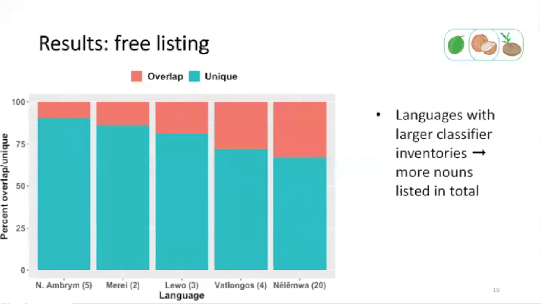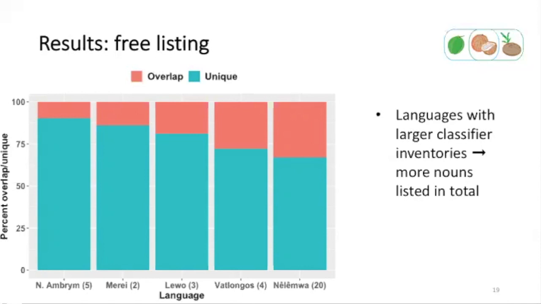We haven't finished crunching the numbers for Iaai yet, so we only have 5 languages represented in the chart. Speakers from each language produce different total noun types and in different frequencies spread across the classifiers. So we've created a formula that takes into account both frequency of occurrence and the spread across the classifiers. The results here are shown in percentages of unique nouns versus overlapping nouns: nouns that only ever occurred with one classifier versus nouns that overlapped and were found in different classifier lists. And the number in brackets on the horizontal axis next to the language names is just a reminder of the inventory size of the classifier system.